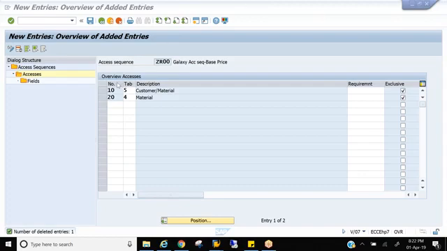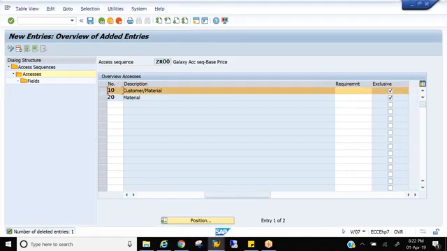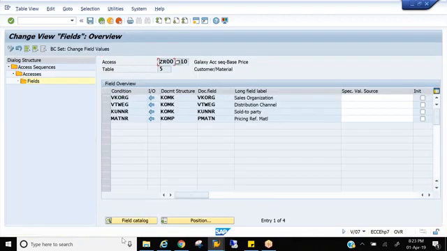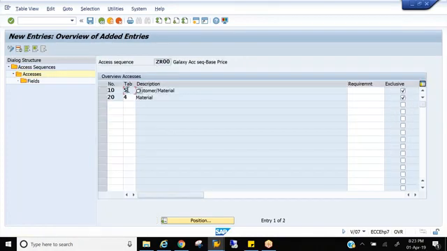So activate this. Then we need to do the field assignment. Select this and click on fields here on the left side. System will throw a warning. Don't worry, it's only a warning. Just enter, enter, enter, and come back. So field assignment has been done. You cannot change this field table now. You see, it's grayed out. I cannot change 5, but I still have an option to change this particular 4. Once field assignment is done, you cannot change the table.